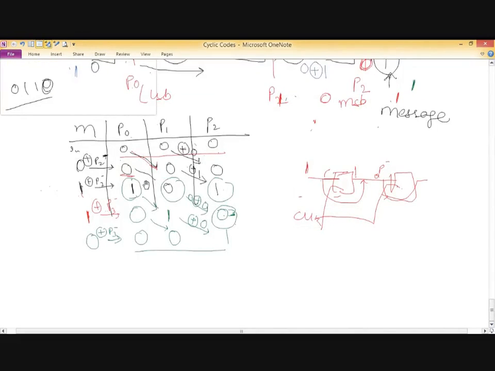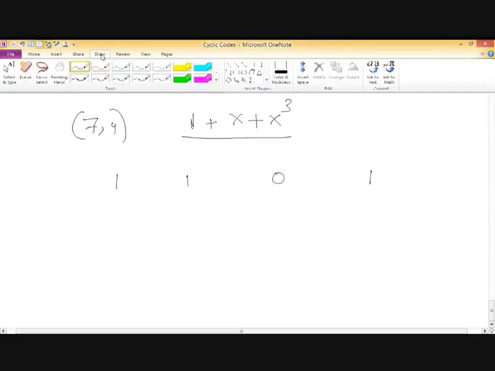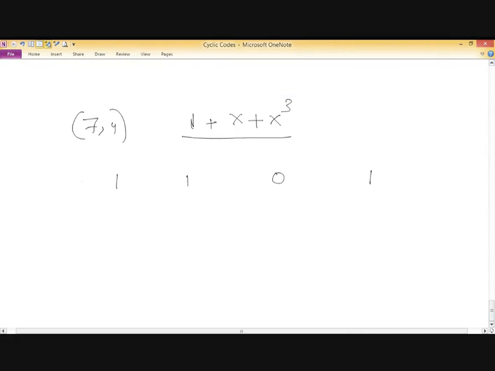ये वाला एक न्यूमेरिकल कंप्लीट हो गया, यू कैन गो थ्रू इट, लेट्स टेक अनदर, हमको इफ ये भी एक वैलिड है 1 प्लस एक्स क्यूब, दिस इज अ वैलिड फॉर (7,4), जनरेटर पॉलिनोमियल बनाना है। सो व्हाट आई विल बी डूइंग, मैं लिखूंगा 1 1 0 1, ये तो हमेशा 1 रहेगा और लास्ट वाला 1 रहेगा। तो फिर हमको लेना है लाइंस, अपनी लाइन कनेक्ट कर लेते हैं, दिस विल बी गिविंग मी फर्स्ट लाइन, यहाँ पर एक लाइन अवेलेबल है, लाइन खींच दिया,